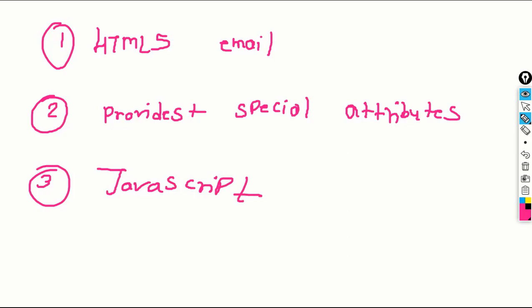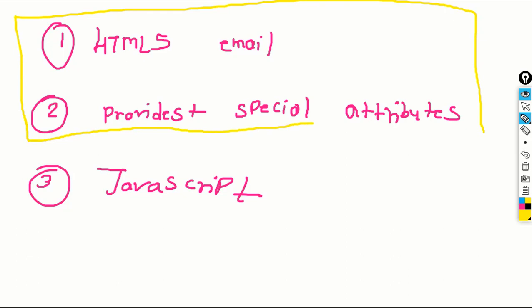Okay, so if we want to use these two types, then it is very important to write all the input control elements within the opening form and ending form tag.